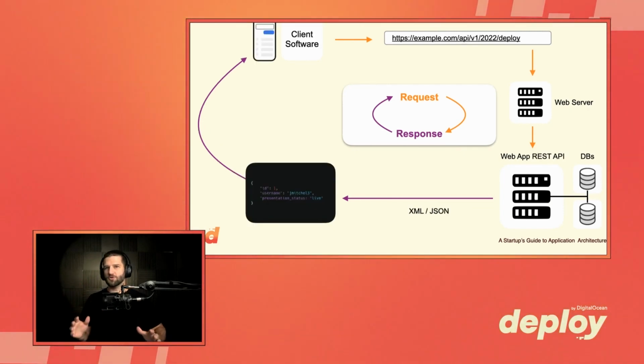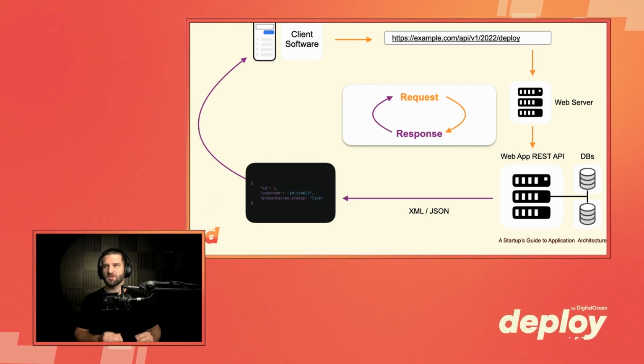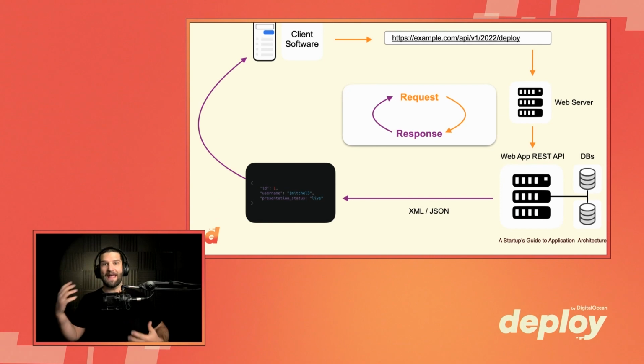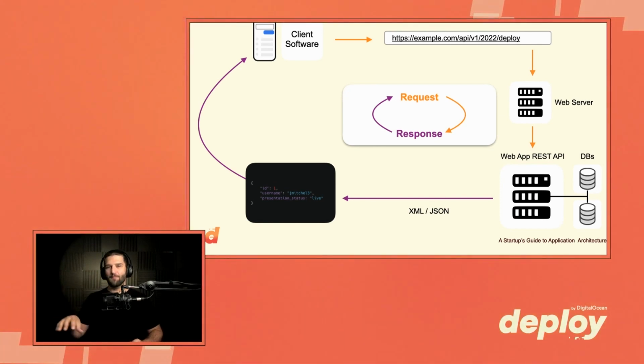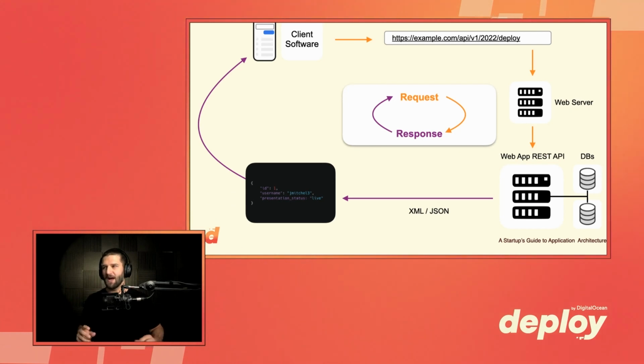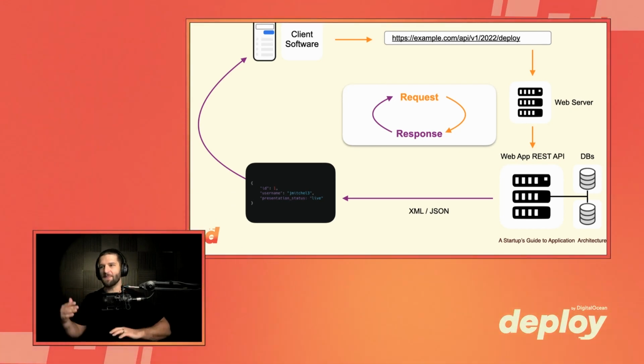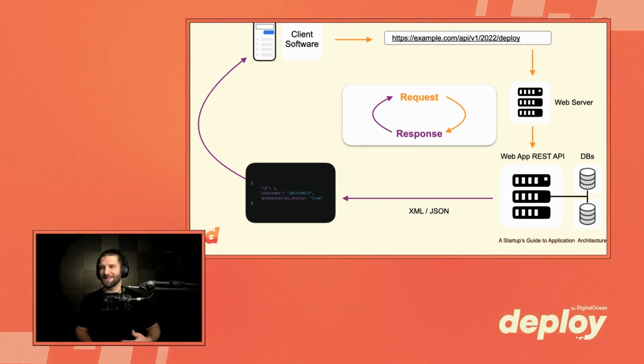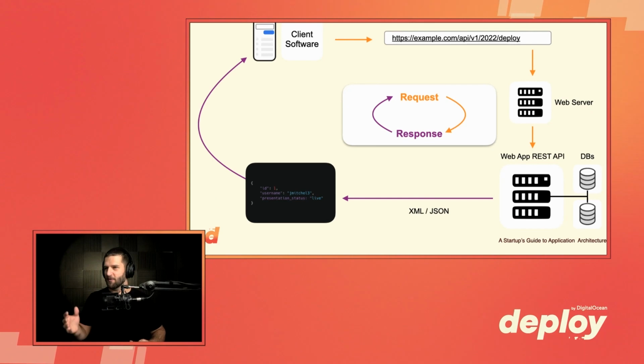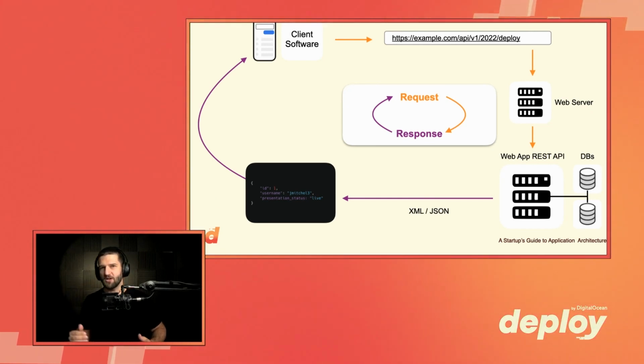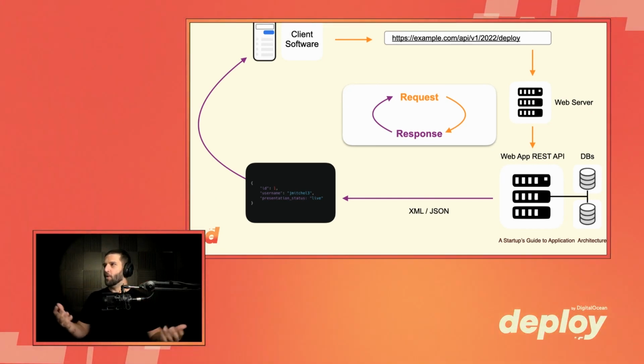Now, this is also true for our mobile applications, right? So mobile applications also make a request to some sort of API endpoint. That API endpoint then goes through the web server, then it hits a web app REST API of some kind that also can still handle the logic going to the databases and all that. And then its data type that will be returned is XML and JSON. So it's not really a whole lot different whether you're doing a web application or a mobile application, a software